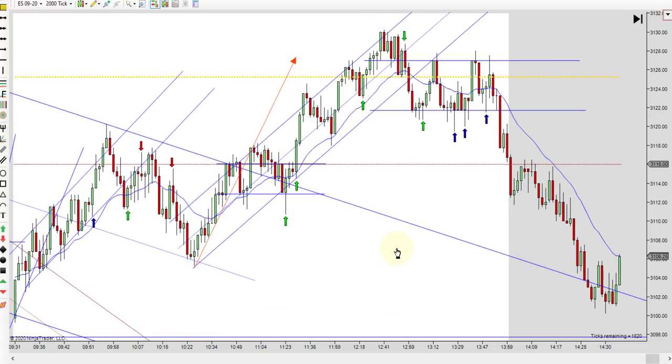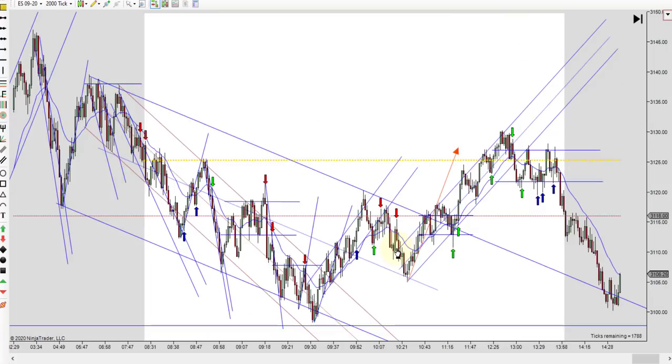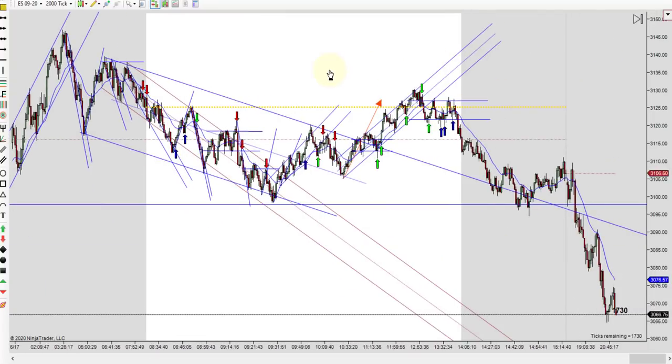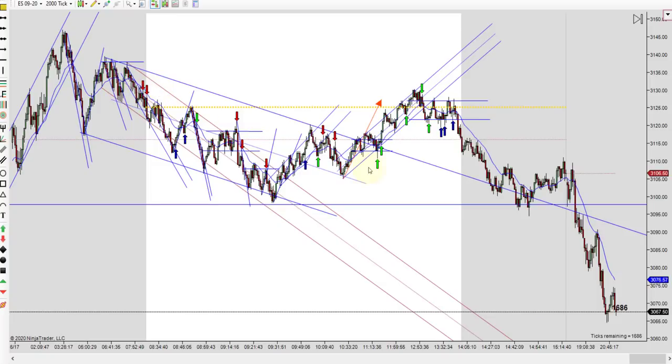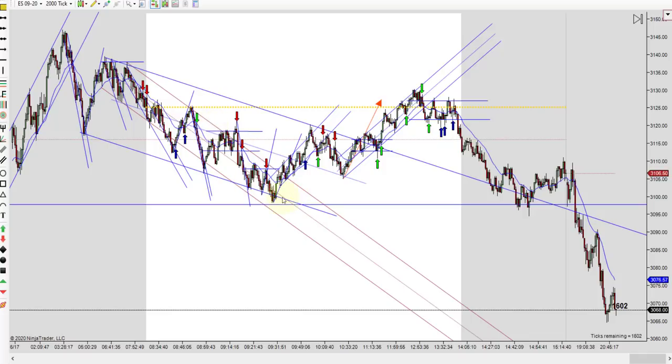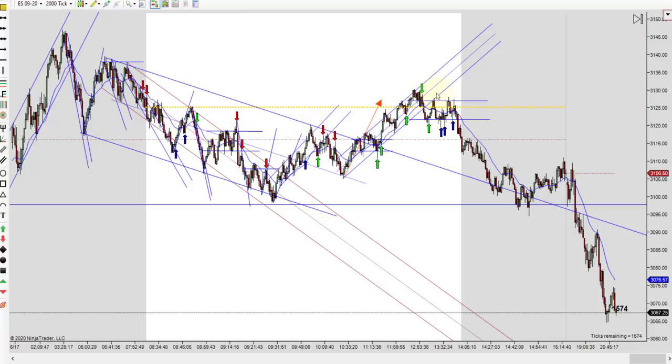So I know I ran through those quick, but we're back out again. It's just a range day. And really what you had to do was play the channel down, the channel up, and then the sideways. It's as simple as that, really. But it's just a little difficult to trade a range like this when you're not bouncing consistently. Notice how at the highs we were bouncing in all these different places. That makes it harder. So really what you have to do is find these micro trends and micro ranges and trade them. And just remember the prevailing bias.